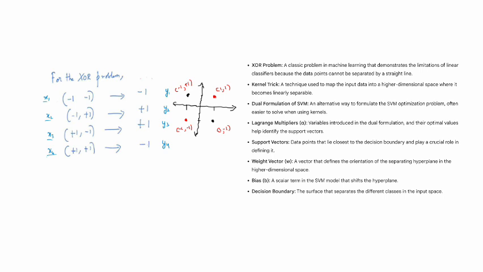So you do the kernel trick, you do the dual formulation, you do Lagrange multipliers, you find the support vectors, and then you find the W, and then you find the bias. Remember that WX plus C component, or MX plus B component. So you find the bias, and based on all these mathematical steps, you get something called a decision boundary that will tell you where that hyperplane is. Is it here, or here, or wherever, right? Once you do the math, it will tell you that. I'm not going to go through all the steps, but just at a high level, if you look at it,